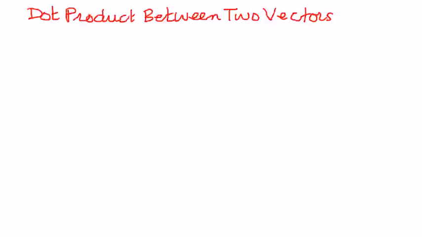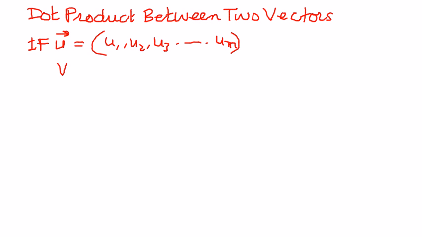If we have u as a vector, and the components of this vector are u1, u2, u3, all the way to un, like that. And then if v is another vector, and the components of this vector are v1, v2, v3, all the way to vn, then